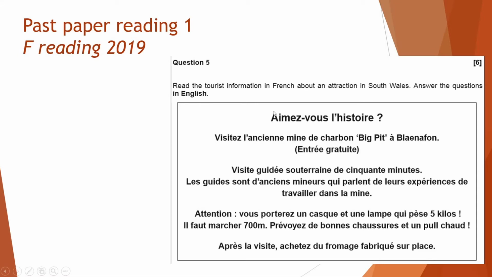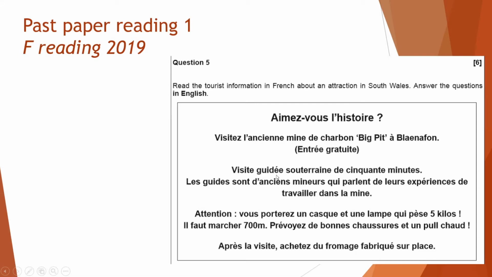So I can start straight away with M, and I know j'aime is I like, so like, histoire, so I can see history, visit, that looks like ancient, mine, that looks exactly like the word mine, not sure what charbon is, big pit, I might recognise the name of that, and then even Blaenavon, okay? And then entrée looks like entry, and then hopefully we know gratuite, but if we don't, then maybe we'll work it out later on. Visite guidée, so it looks like visit, guide, this has got an E accent there,